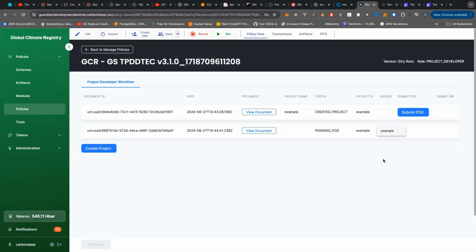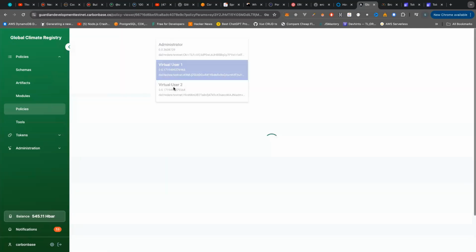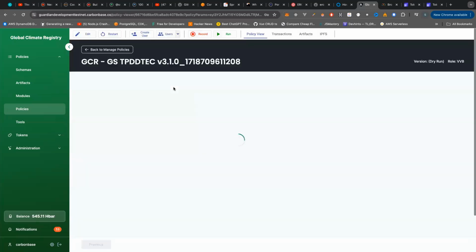But ideally, there will be a lot of VVBs onboarded onto the platform, and the project developer can choose the one that they have talked to, maybe offsite, or maybe the one they like, or they can choose a reputed VVB. So let me go ahead with the VVB that I have created. And once this is done, I can go to the VVB